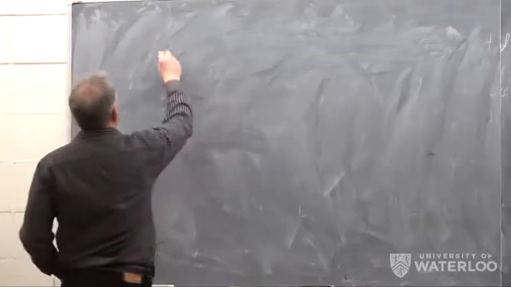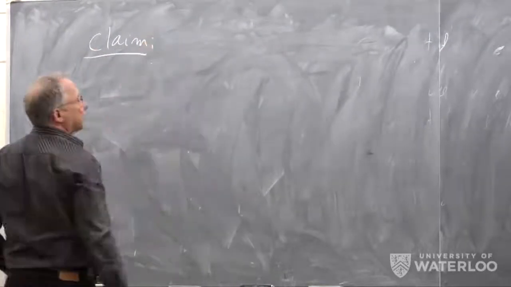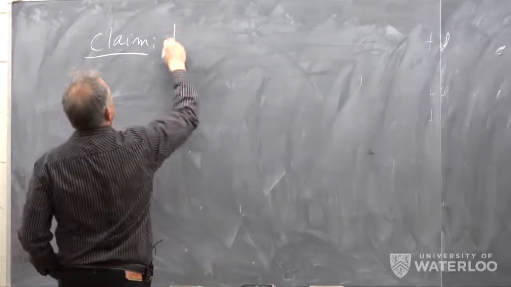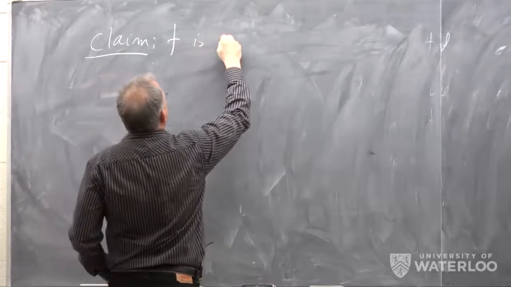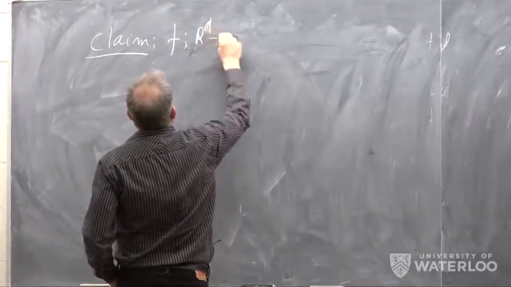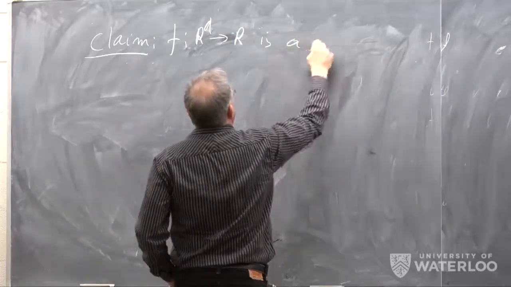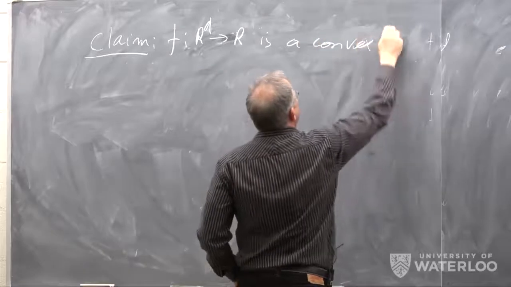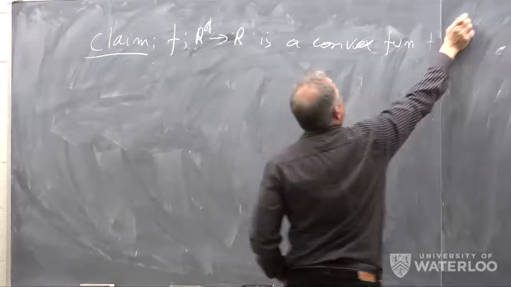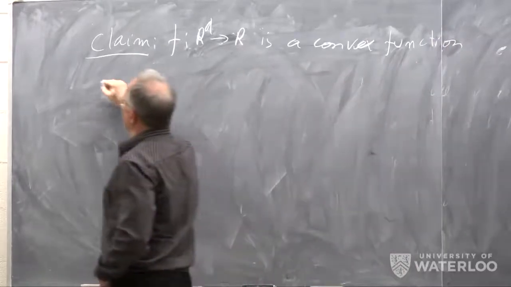So we have a claim that connects the two: that f, where f goes from Rd to R, is a convex function if and only if